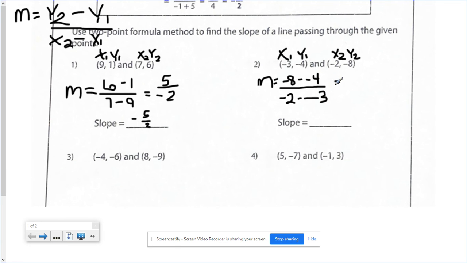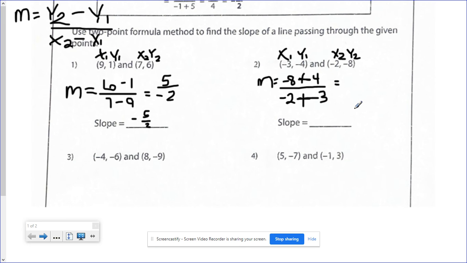So when you have two negative signs that sit right next to each other like that, it's actually like a positive. So I'm going to change these to big positive signs. It means you're actually adding the two things together. And now we can simplify that. If I take negative 8 plus 4,